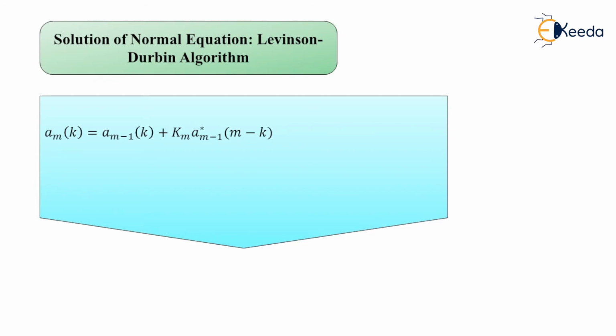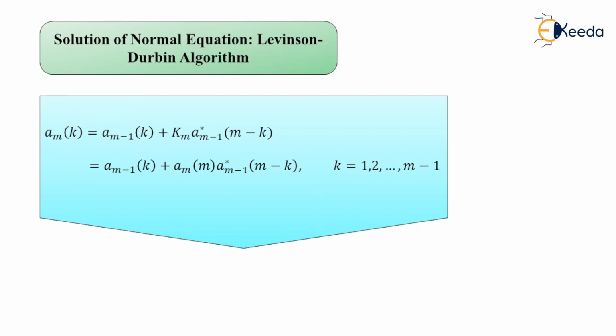So this is equal to small a suffix m minus 1 of k further added to a suffix m of m multiplied to the conjugate of a suffix m minus 1 of m minus k, where k is equal to 1, 2, 3 and so on up to m minus 1, and m is 1, 2, 3 and so on